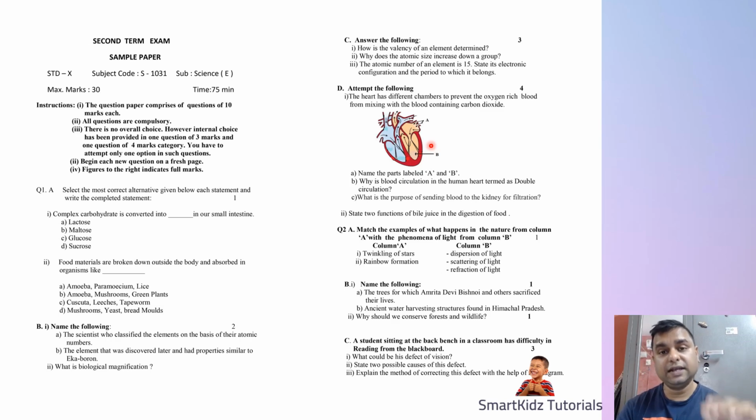That diagram is highly unlikely to come for labeling, and that is your ray diagram for light, for mirrors or for lenses, wherein you will have to draw the ray diagram and then state whether it is real and inverted or virtual and erect. There they expect you to draw the diagram. There may be 1 or 2 minor diagrams also that you may find here and there,